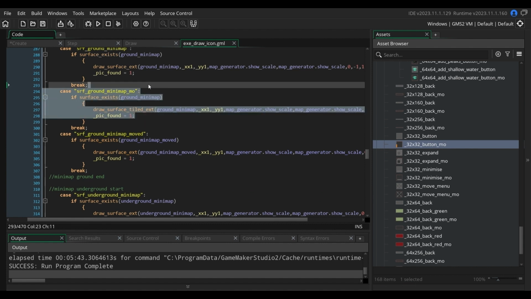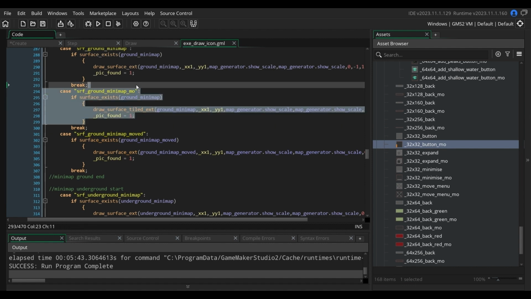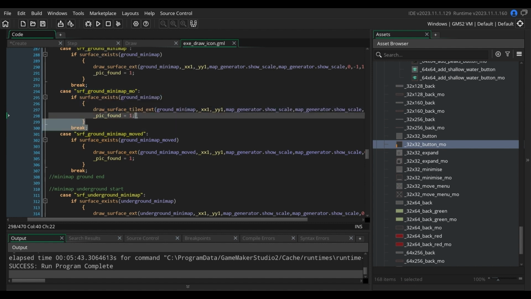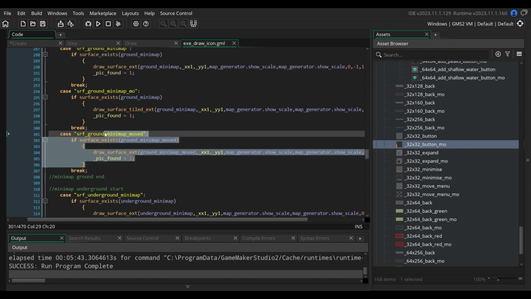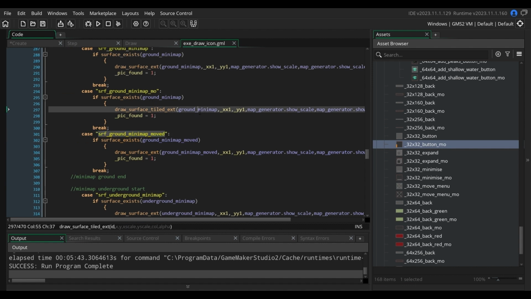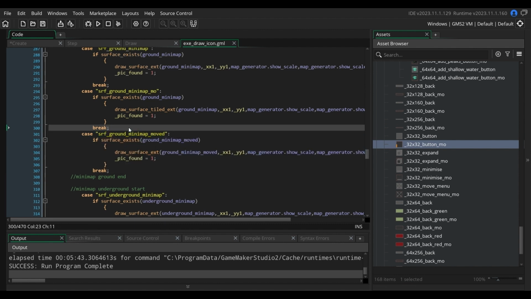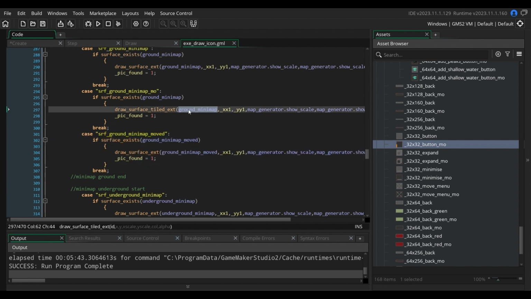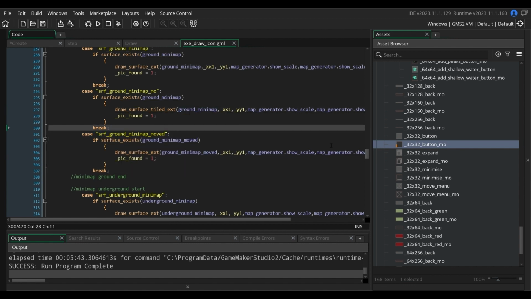This case is not used at all. It was needed for previous parts of the project when it was still. Now, because we are moving on the map, we are using this one. This one is used in the process of generating this moved minimap. So instead of recreating the minimap after moving on the map, we are just using some process to draw the current position of the minimap, and